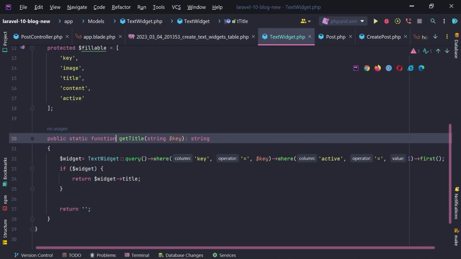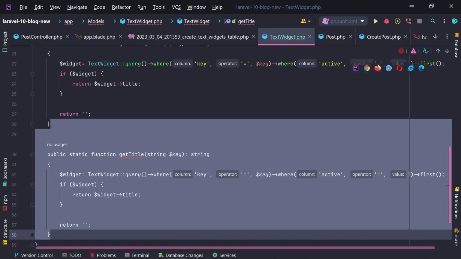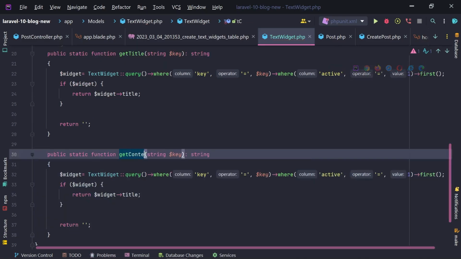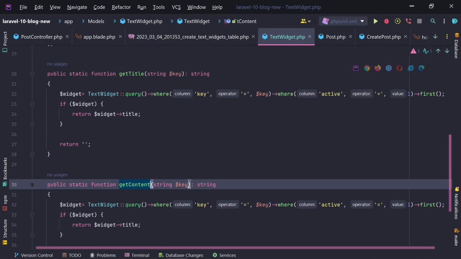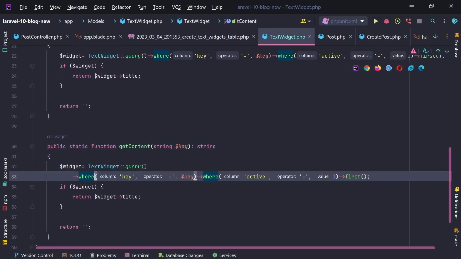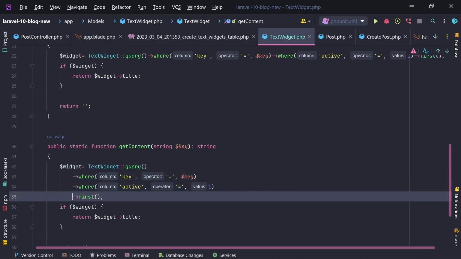So let's try now to create... no, let me first actually duplicate this. Let's prepare everything right here. I'm going to duplicate this and create a second function, getContent, which is doing something similar, but we also need probably to add caching. I'm going to do caching, but first let's select the text widget based on the key and active,